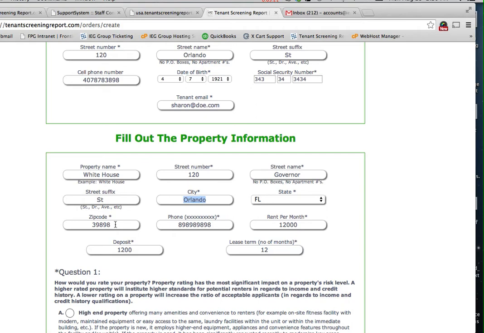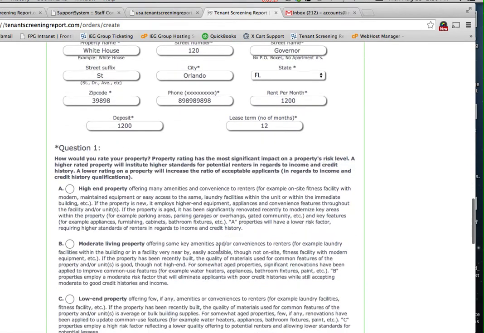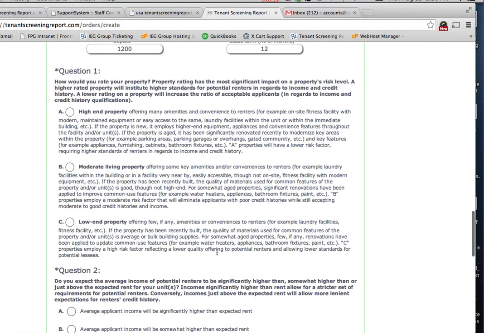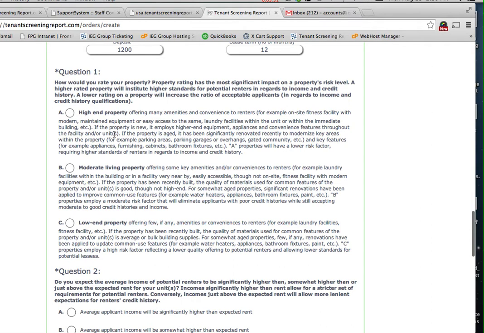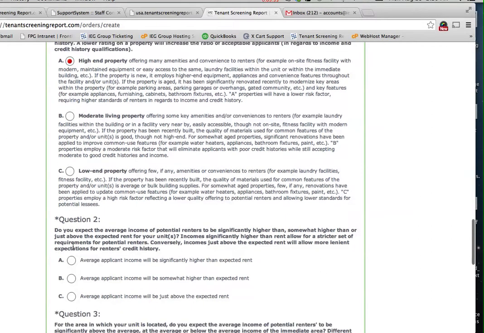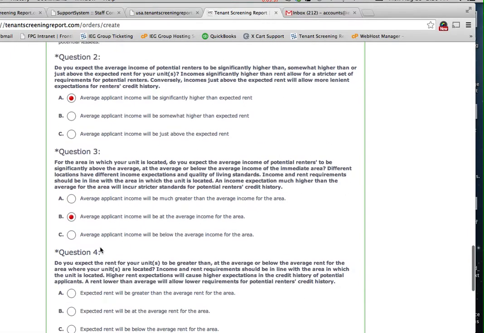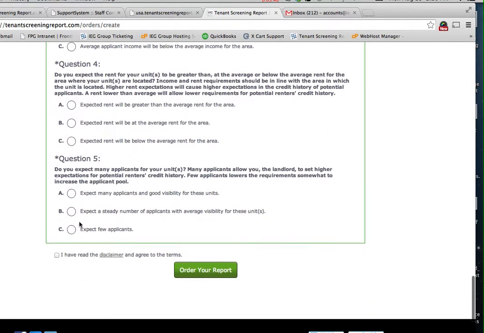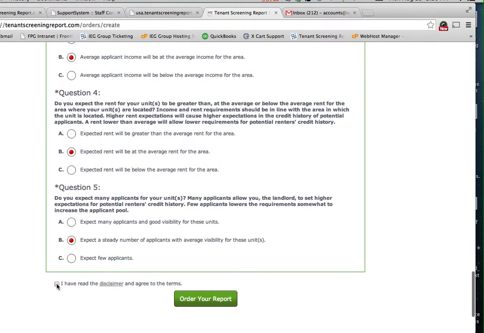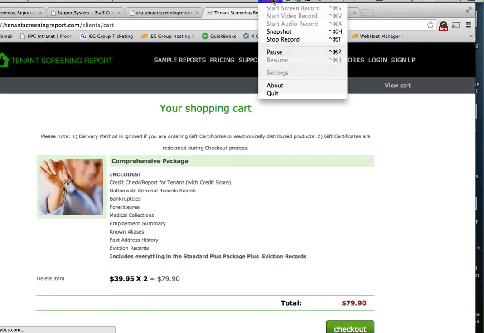Again, a fictitious address, zip code, phone number, rent per month, a bit expensive. Let's move that. And then there are a number of questions to answer. Please read through these questions and simply tick either A, B, C, or in one of the questions, D. And as soon as you've done that, tick that you've read the disclaimer and click Order Your Report. That is the end of